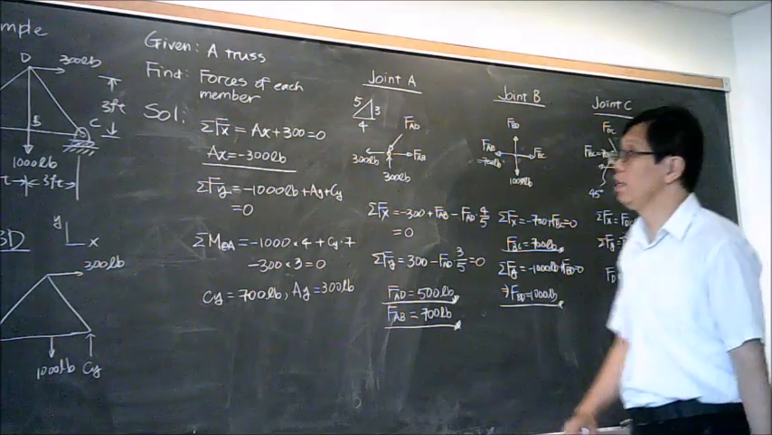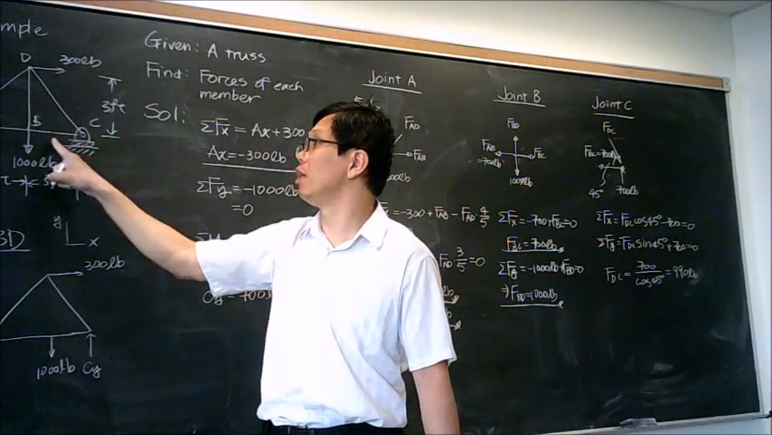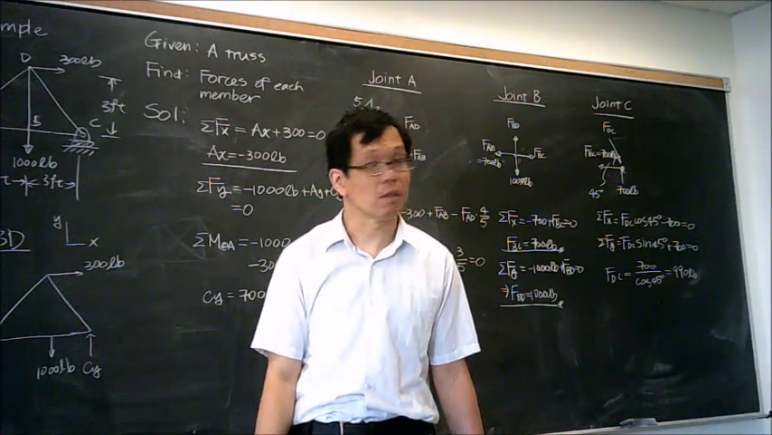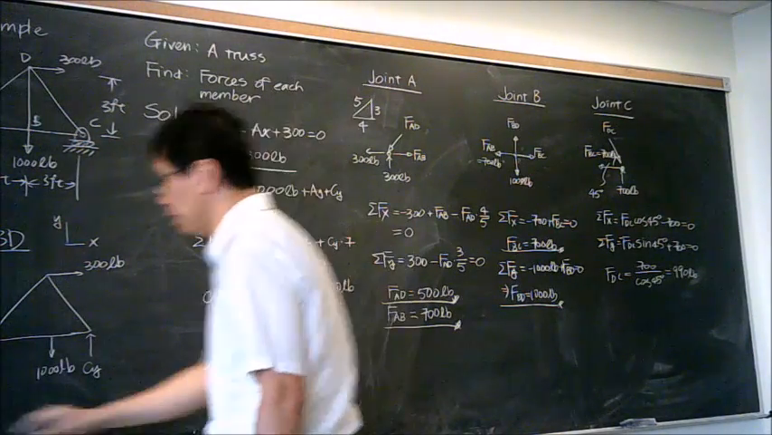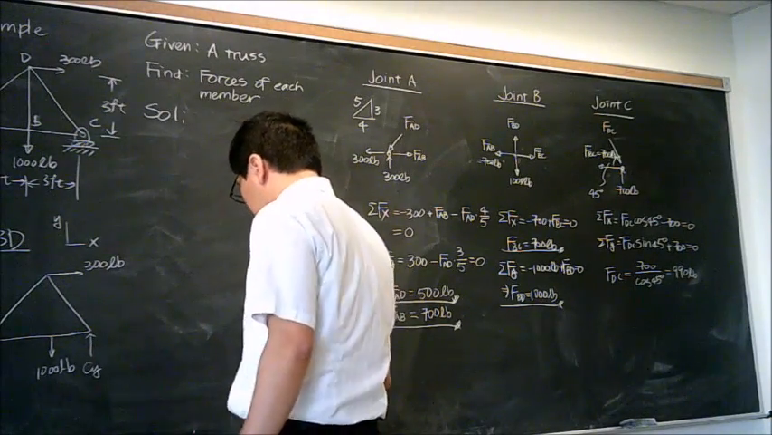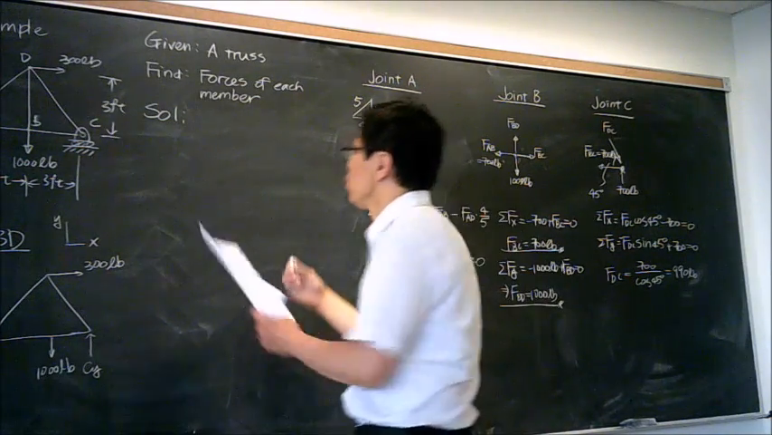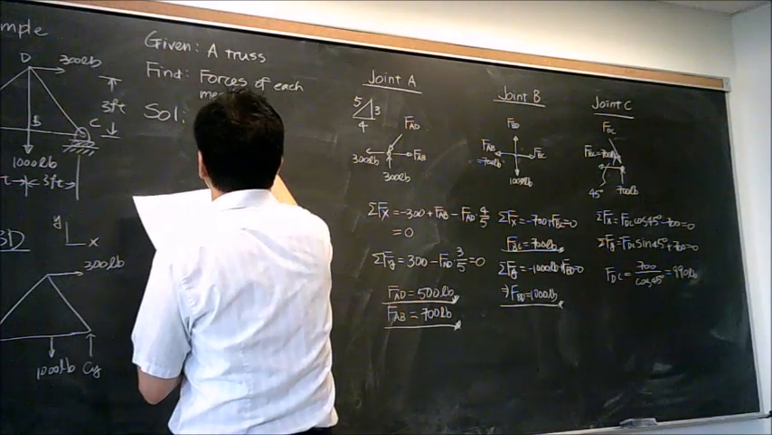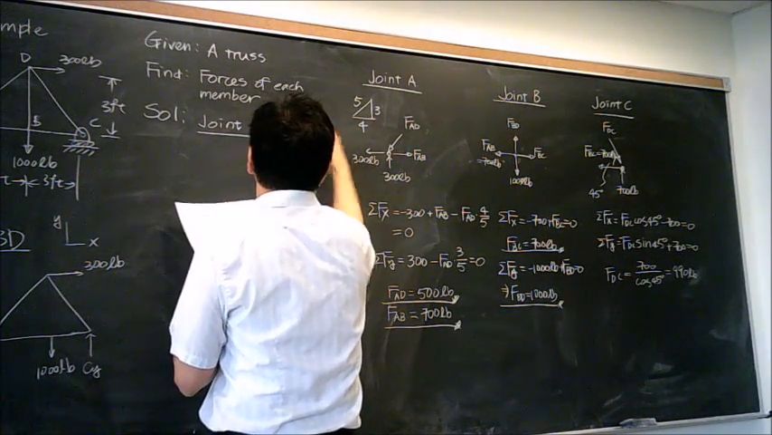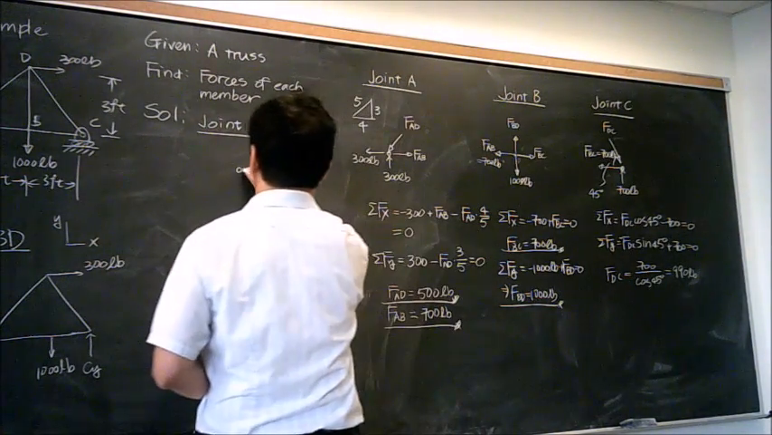So at this moment, we know the force over here, we know the force over here, we know the force of this part, the force of this part, and the force of this part. We pretty much know everything. But what's the next? I'm going to erase this part. So the next thing, if you are doing this at home, I would suggest you verify your answers. So what you're going to do is use joint B to verify your answer. So over here, what do I have? I have 300 pounds